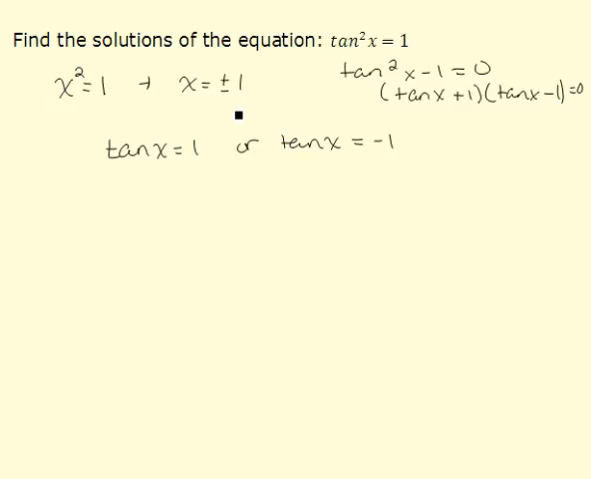We are now ready to find the general solutions. Places where tangent of x is equal to 1 in quadrant 1 would be at 45 degrees where cosine is equal to sine. Therefore, we would have x is equal to the square root of,